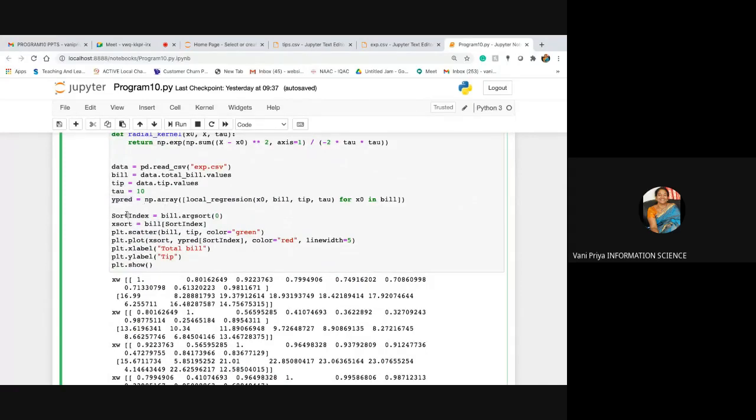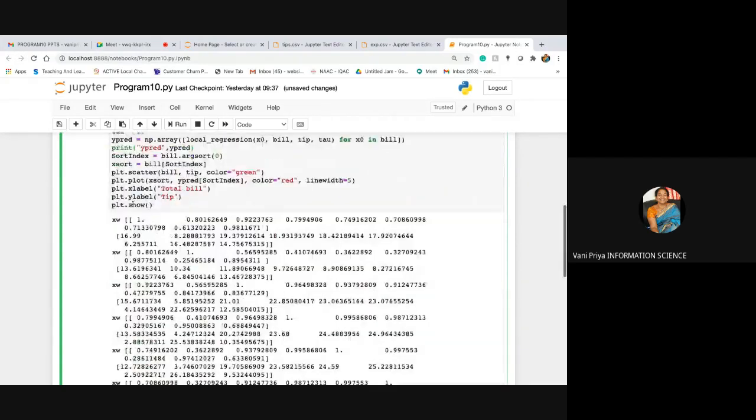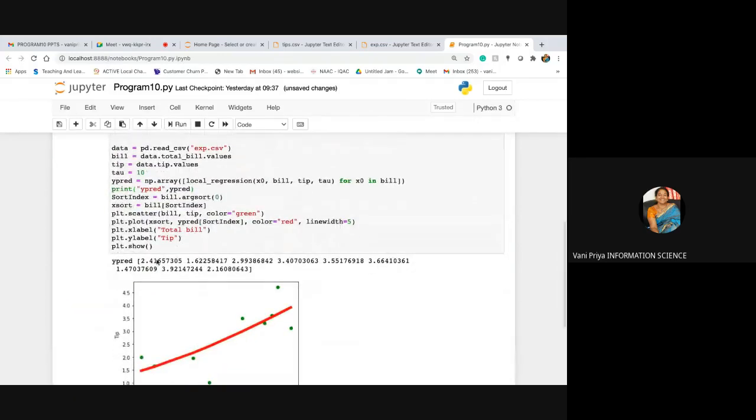If you print this y prediction, let me put all the prints. So the y prediction values are giving predictions like this.